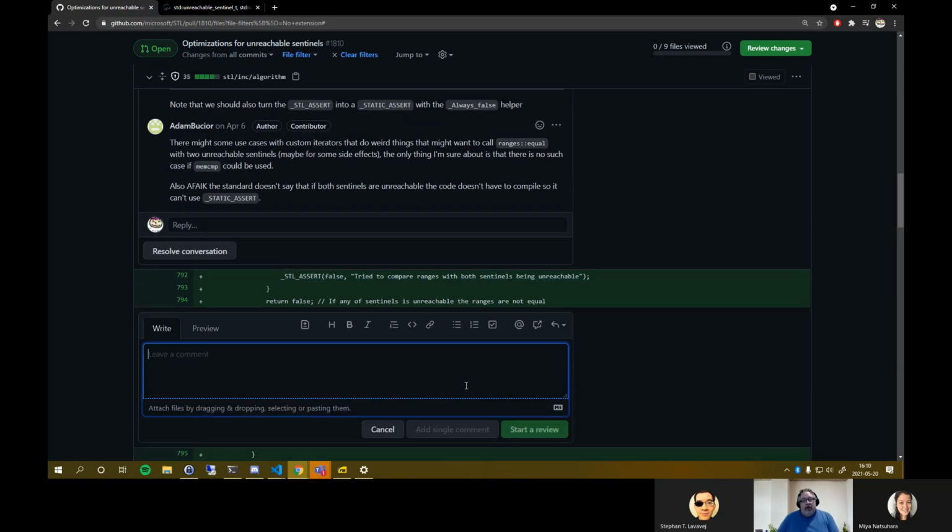So I'm not certain this is correct. Guarantee that unreachable sentinel, or unreachable sentinel T, the type of an unreachable sentinel, is the type for every